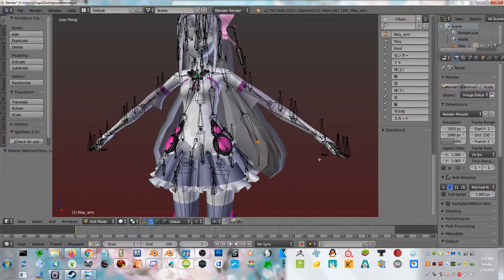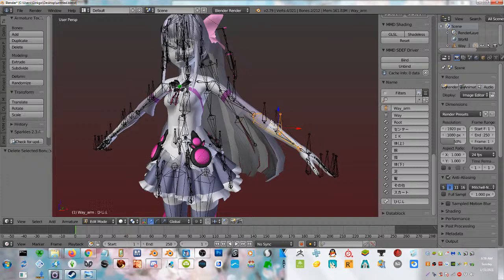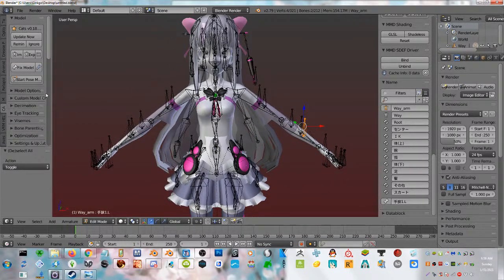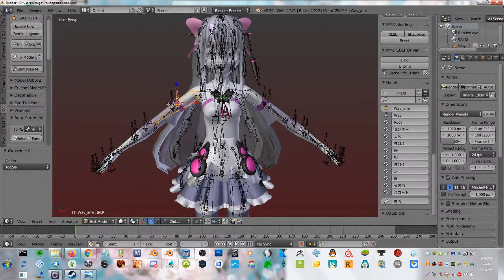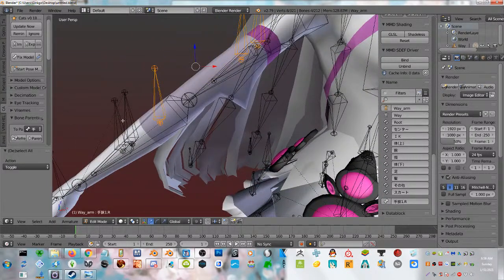So I'm just going to delete what I know are, what do you call these? Physics bones? I'm sure I have a plug-in that can just hide the physics bones, but I haven't played with that. So I'm just going to do it the old-fashioned way, get in here and just delete them. I mean, you don't have to delete them. It's just that when I click on them,